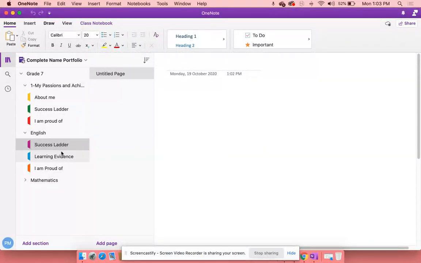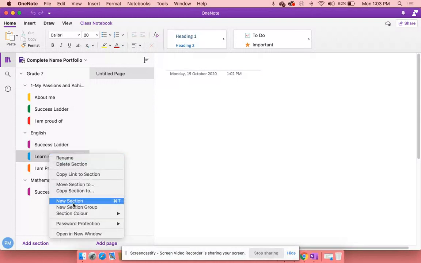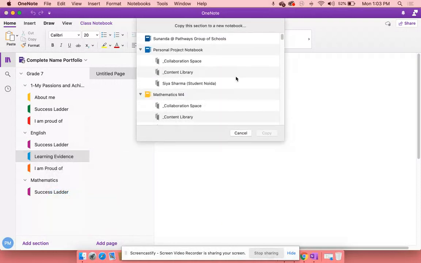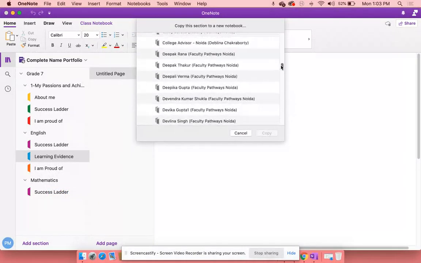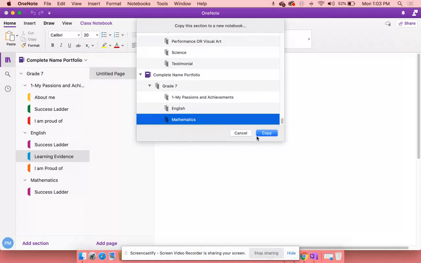Once you've completed these sections and pages, you copy, then move copy section to learning evidence, and it will automatically move here.